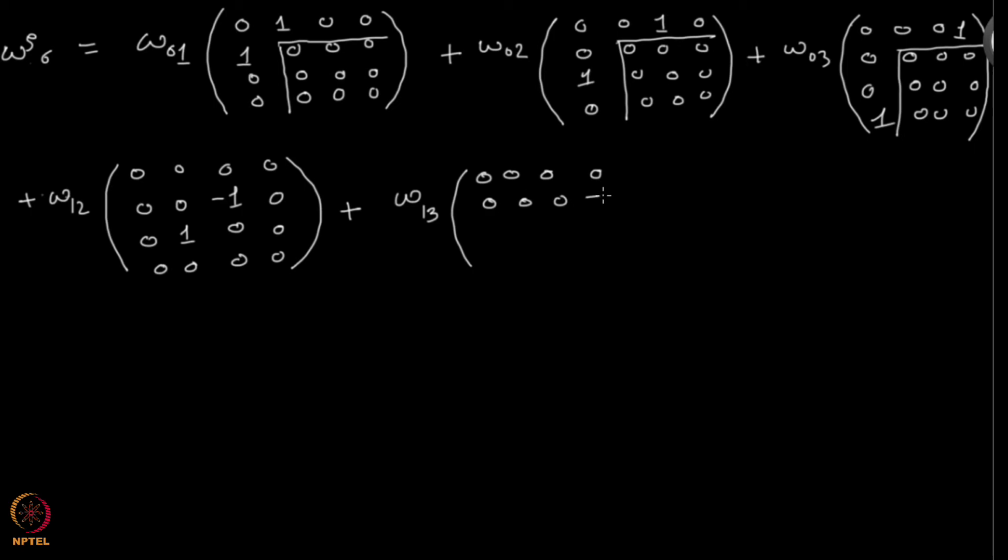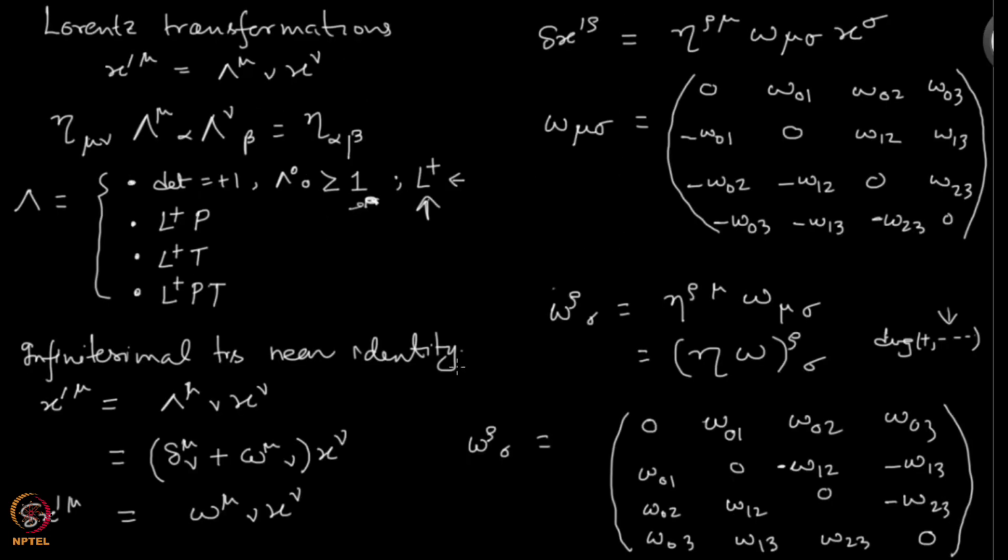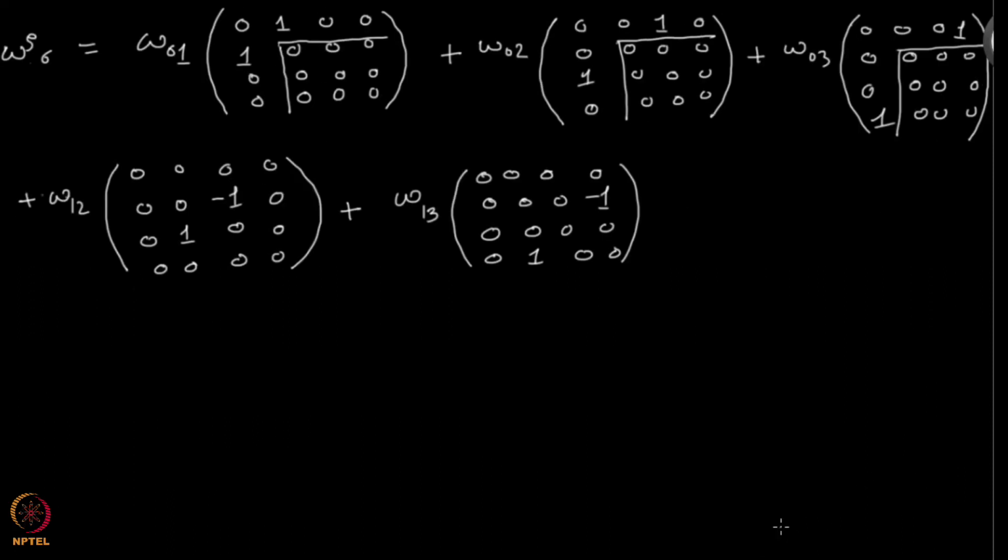And then you have all these as zeros. This one is minus 1. Third row is fully 0, and then this is 0. Something looks not good. Is that correct? Let's check. Omega 1 3. Let's go back. Omega 1 3, so 1 here and 1 here. That's fine, that's correct. And the last one is omega 2 3: 0 0 0 0, and you have only entries in this one.